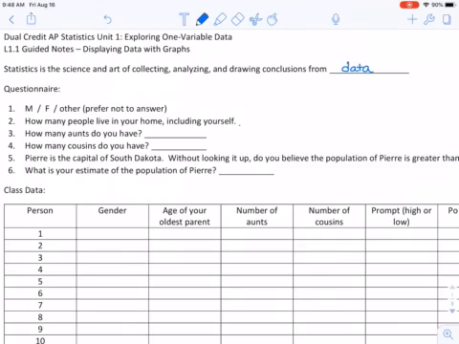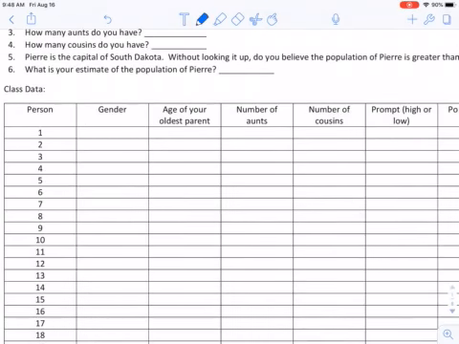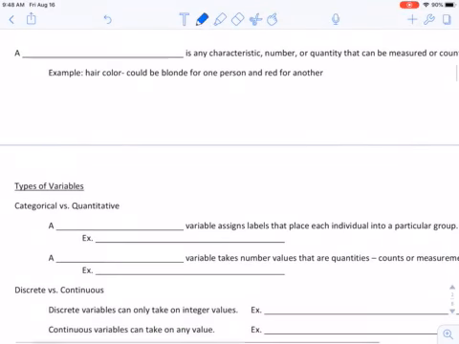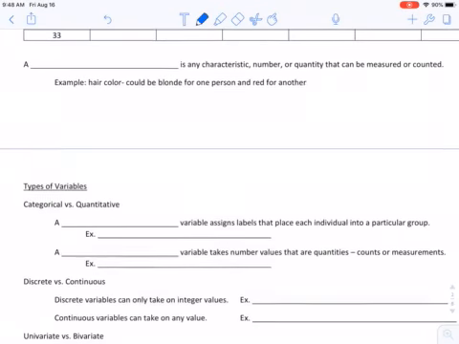I asked you to fill out this little questionnaire. We compiled the class data. We're not going to go back through that. We will use that data throughout the school year, but for now, we're just going to jump down to that